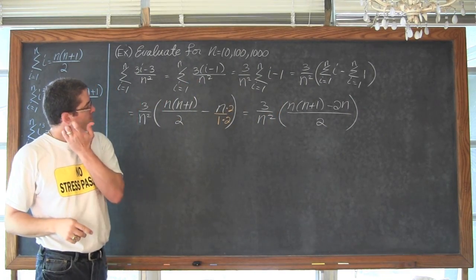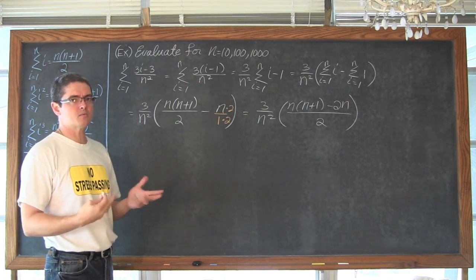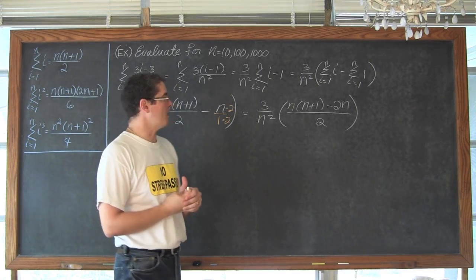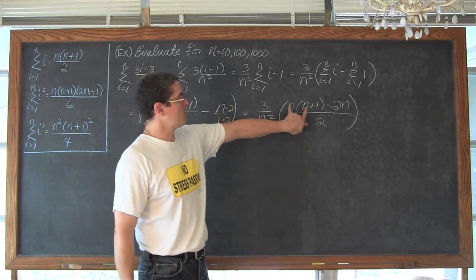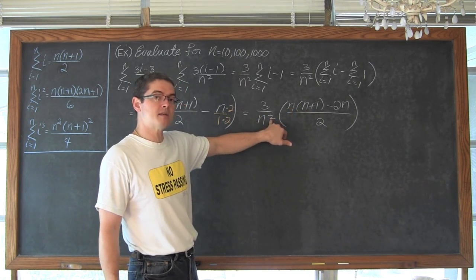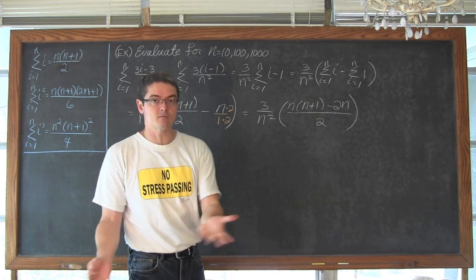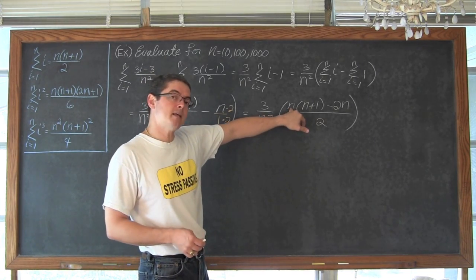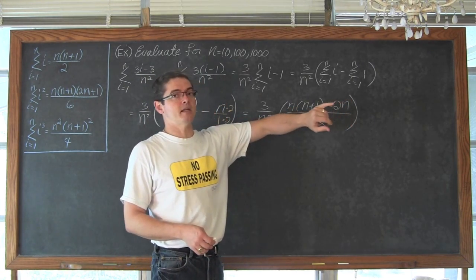Now, you can do these problems in any order you like as well. There's a little bit of flexibility in the order that you do the problems. I'm avoiding multiplying these together because I know what's ultimately going to happen is one of these n's is going to cancel out, for a couple reasons. I just worked out the notes before I started the video. And see, this term has an n in it, and this term has an n in it.